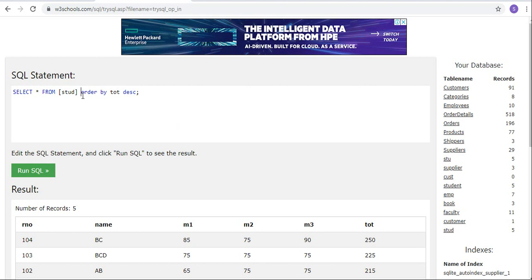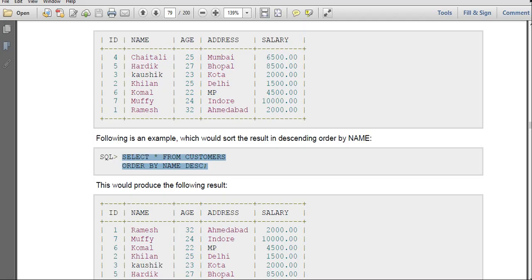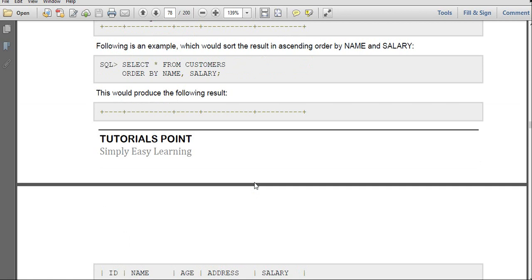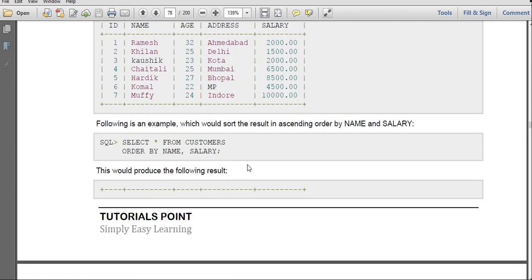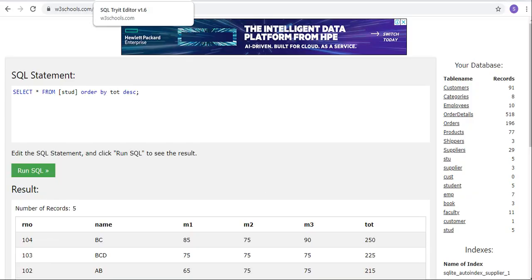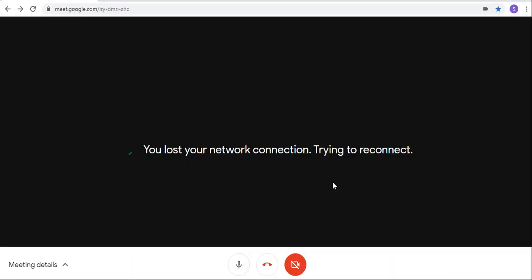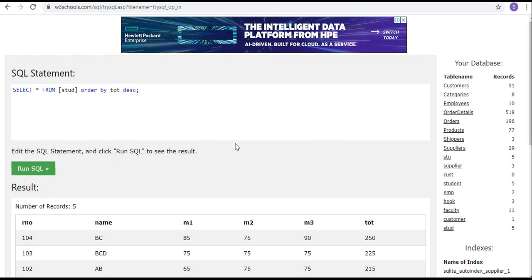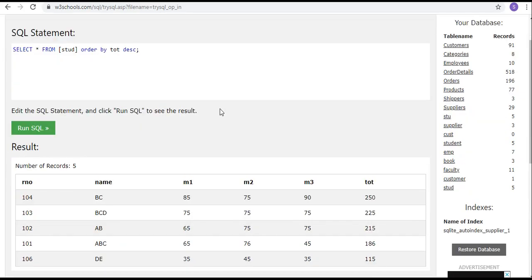So if you want to use where condition, then first you have to write where condition, then you will go for order by. This is the sequence we have to follow if you want to implement. Now I want to sort the data based on the total column.